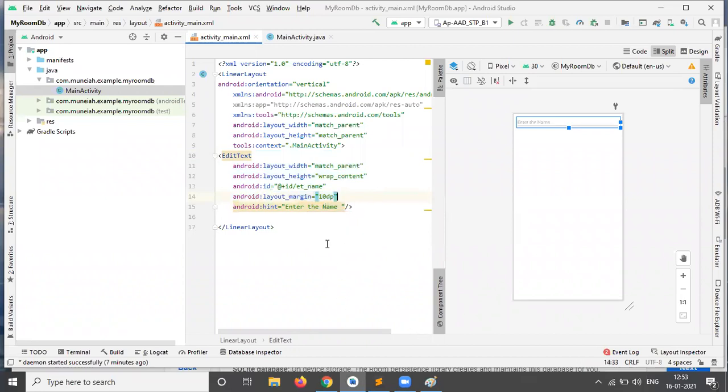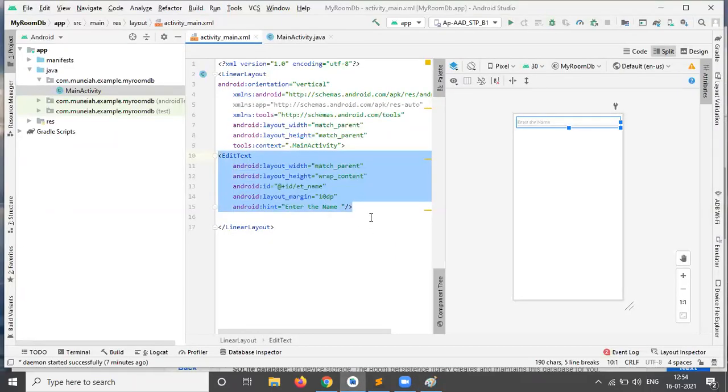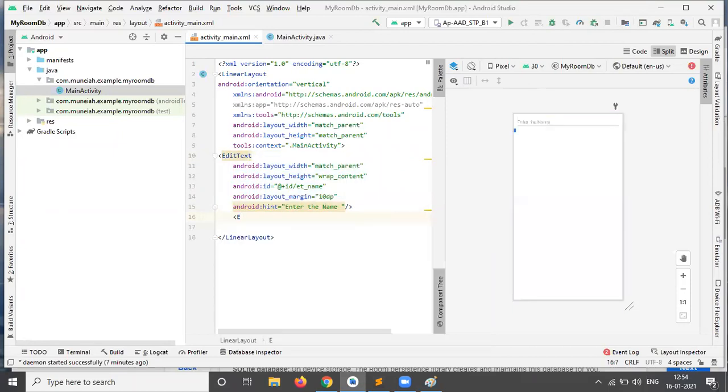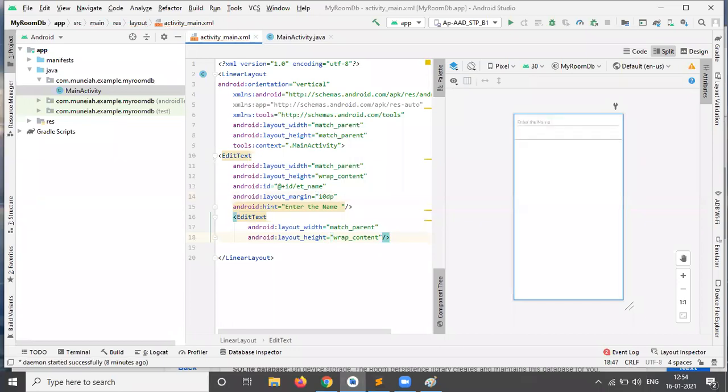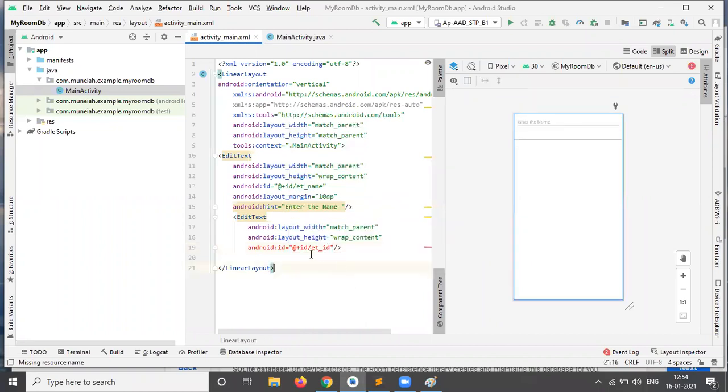In the next step, in the same way, design one more edit text. Open edit text, match parent and wrap content, internal closing. Then the ID is et underscore ID.